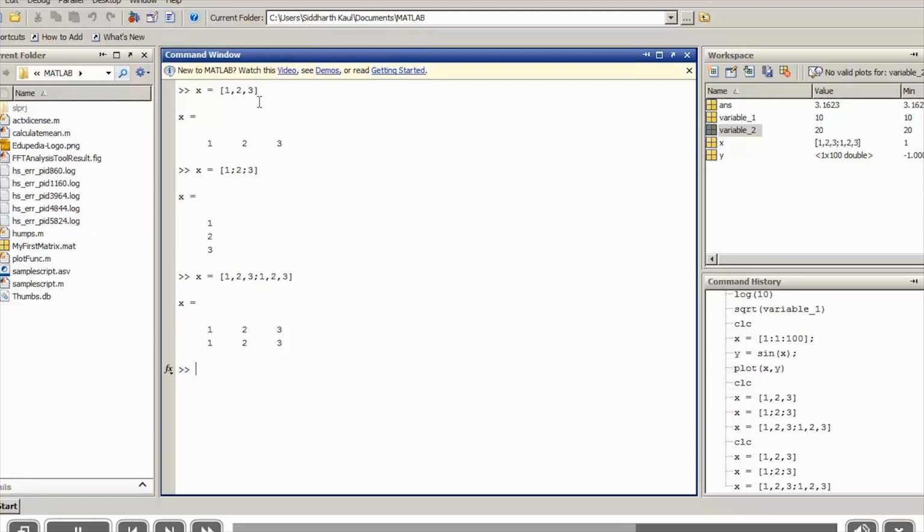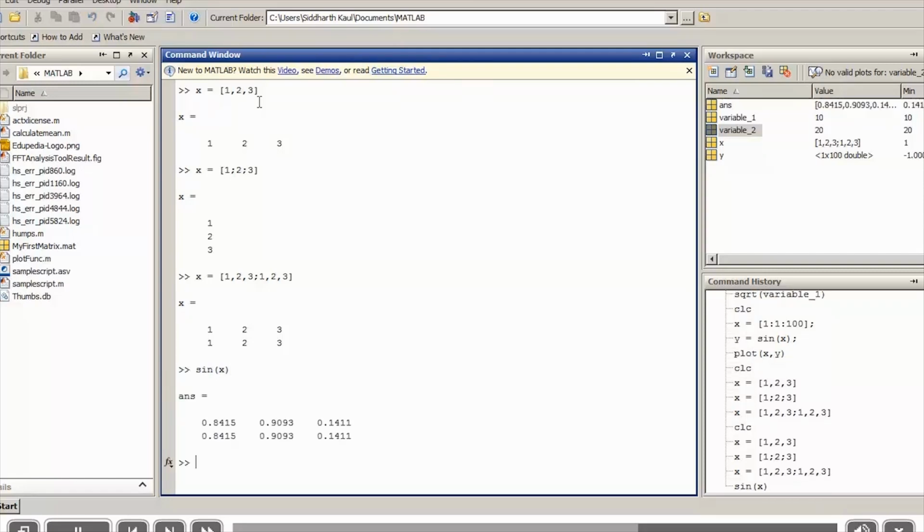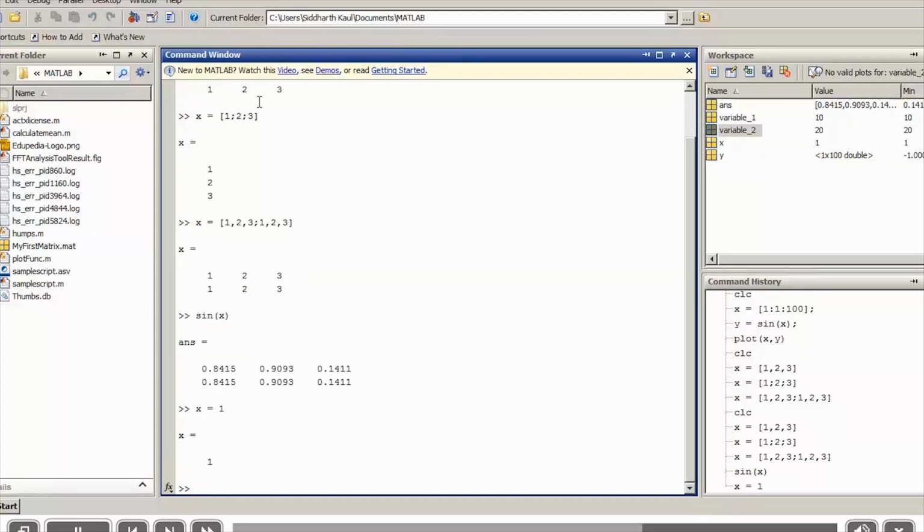Each and every thing in MATLAB is handled as a matrix. Everything that we define in MATLAB is basically an array. So if we say 1, basically it is a 1 cross 1 array that we have defined here, a scalar value, so it's basically a 1 cross 1 dimensional array.